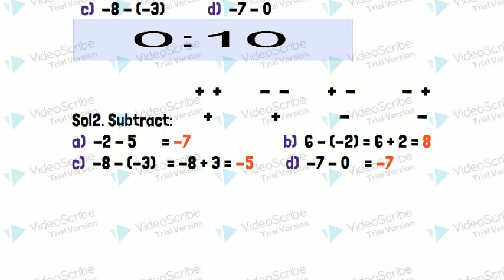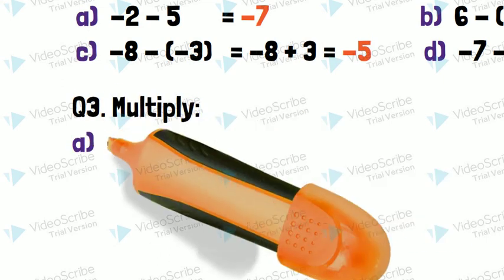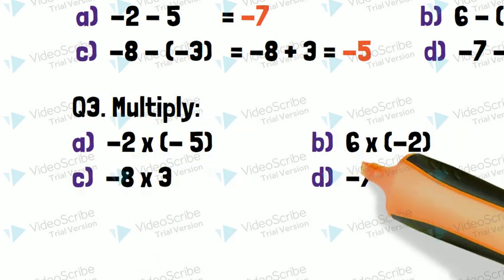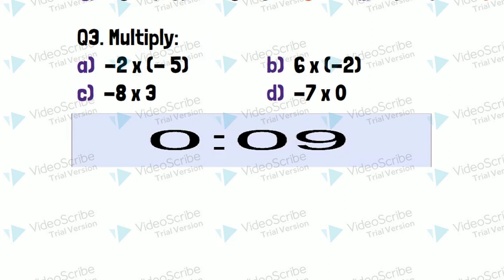Same with the C part in the center, in the middle. Now minus 8 plus 3. Minus plus is minus. That's why we are subtracting. And the last also you can relate similarly. Now let's see the third question, multiplication based. Again 4 parts I'm sharing with you. Just try to solve them. Your time starts now. Don't forget to write the answers in the comment box.